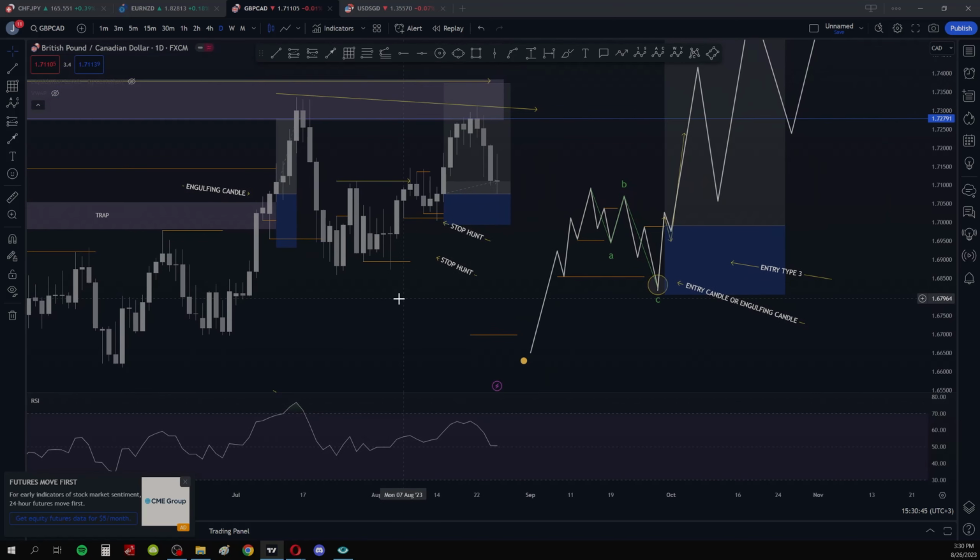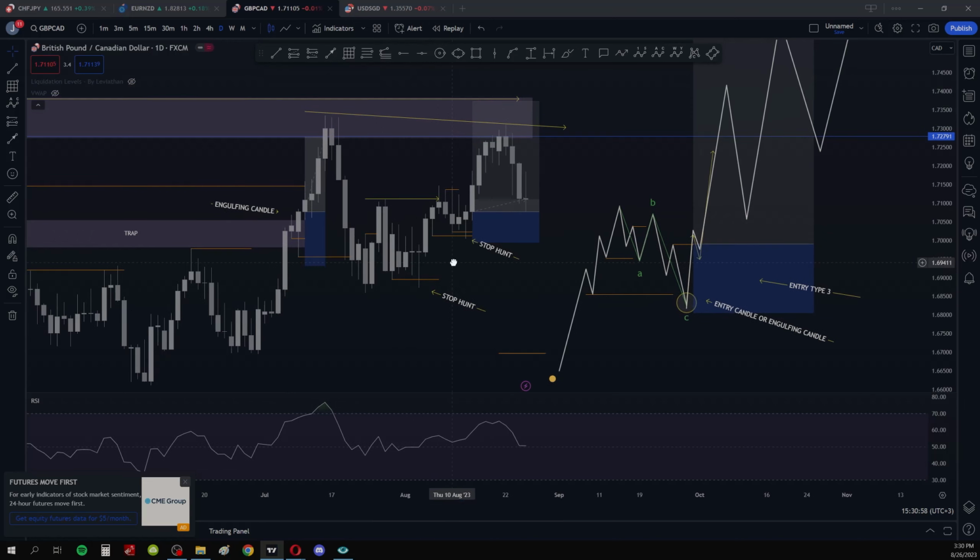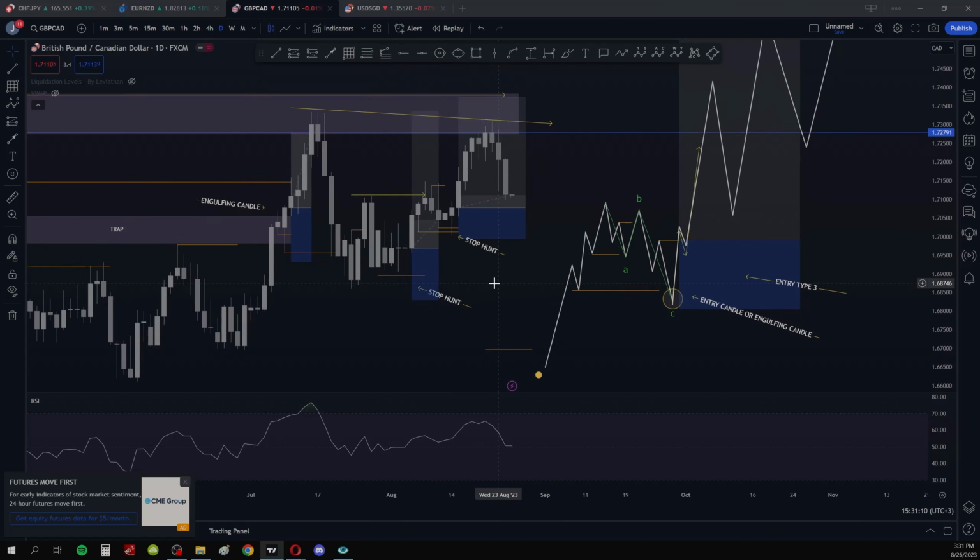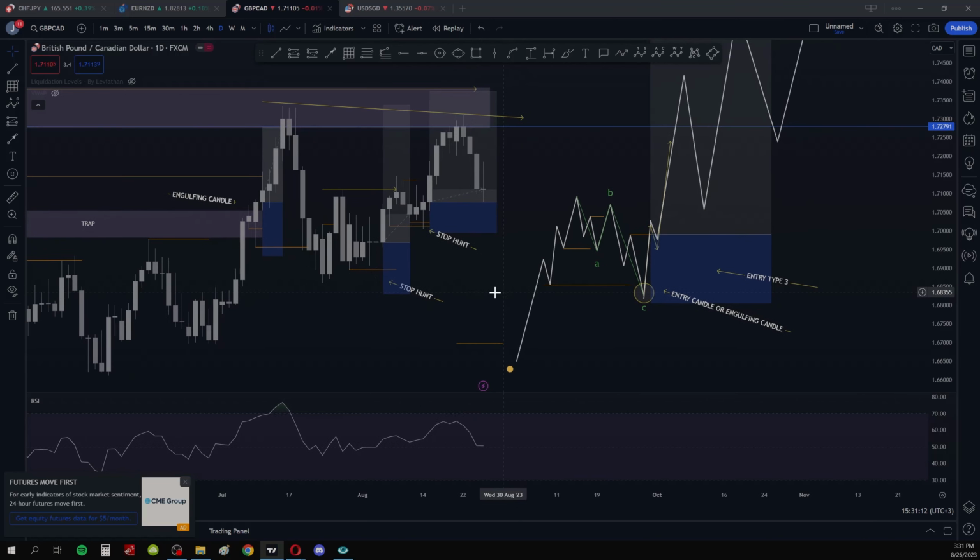But now let's take a look further. We have this kind of build up with 1, 2, 3, 4 candles, and then this stop hunt. Okay, so this stop hunt is actually an entry candle for us, so we can enter here with a stop loss below, and we can just enter and go up. That's the first entry, but then the second entry we can wait for